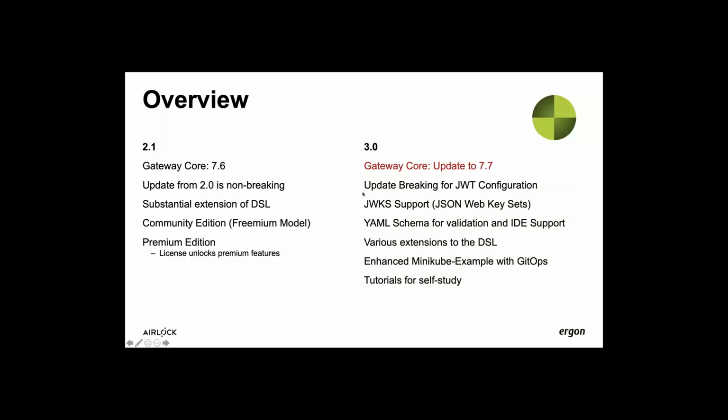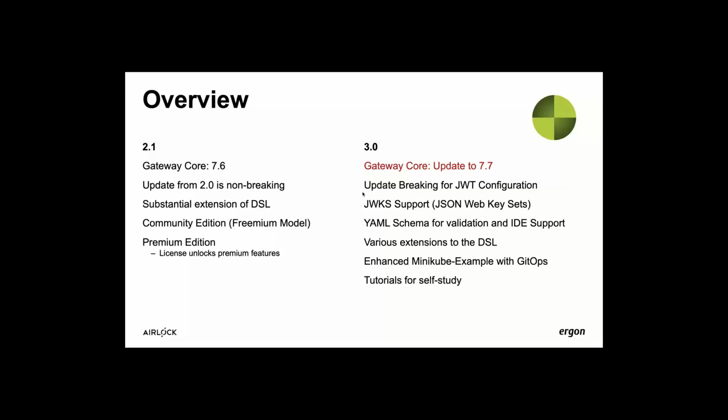2.1 is a non-breaking update, and it has substantial extensions of the domain-specific language. I will show details on that on one of the next slides. But the main new feature of 2.1 is a community edition. Also, I will go into details. That means you can use it without a license for free, but it has restricted functionality. And 3.0